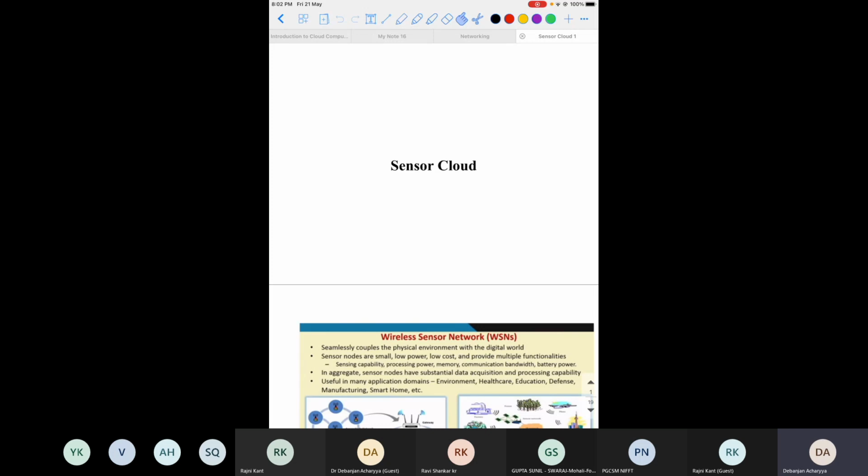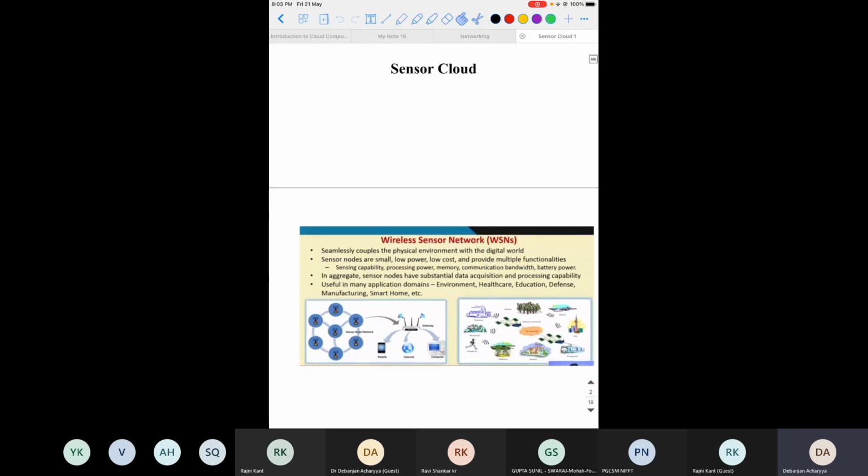What we are seeing these days is that it's a world of sensors, and there are an enormous number as well as varieties of sensors available around us. The very popular kind of sensor network, or sensor managing system, used by several automation industries as well as different applications, is the wireless sensor network.